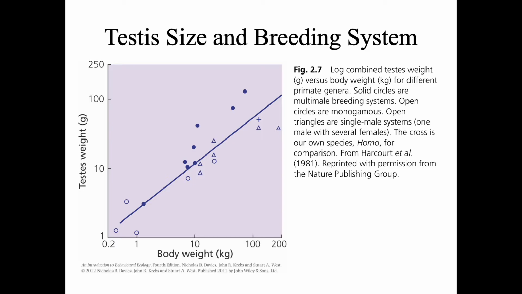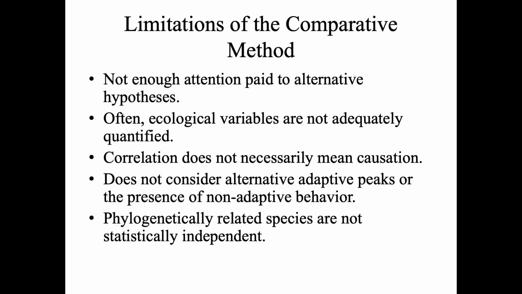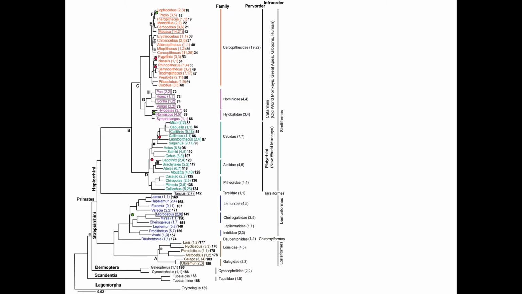Now, this is done at the generic level, and their attempt to get rid of phylogenetic effects was by looking at generic level data rather than species level data. So that's one form of the comparative method. Let's go to this. So what we see when we do the comparative method is that